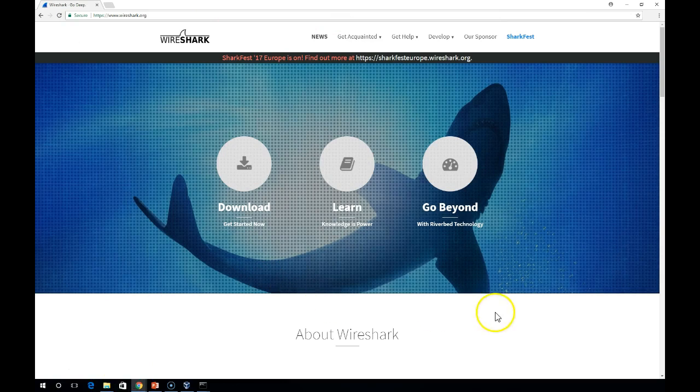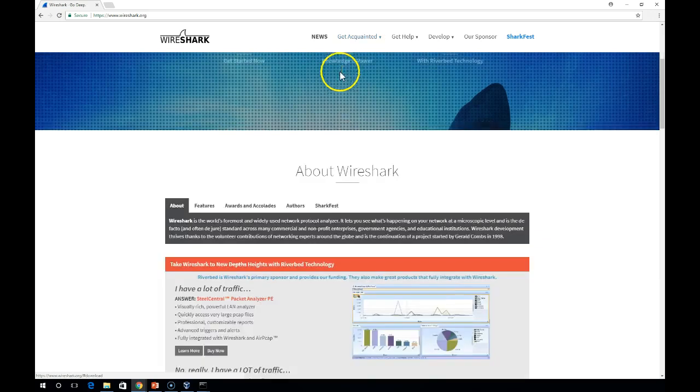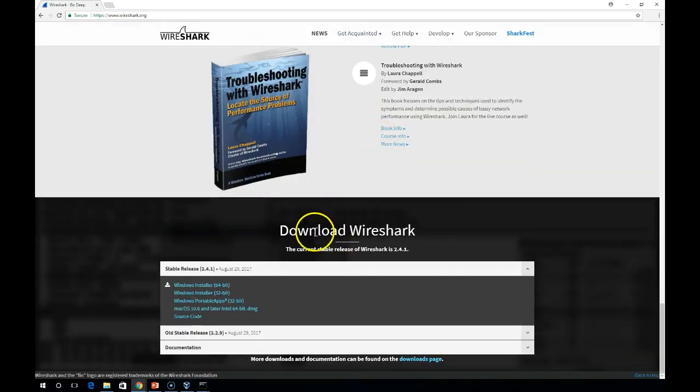And if we go up here and we say, well, I want to get acquainted, there's all kinds of things about how do I start, how do I begin, but I want to click on the download to start. There's a lot of information on their website. And so I click on Download Wireshark, and notice that we have a lot of different versions. So again, if you're going to try it on your Mac, here's a version. I'm going to click the 64-bit installer,